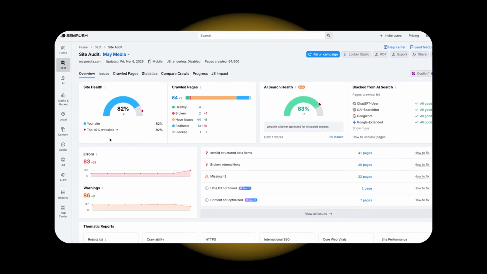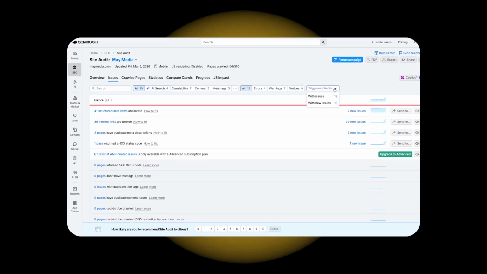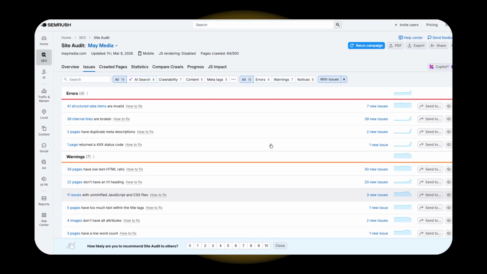SEMRush is one of the most powerful SEO tools on the market, but if you have ever run a site audit and seen 100+ errors staring back at you, it can feel overwhelming. Where do you even start? Which errors actually matter? Which ones can you ignore? Today, I am going to cut through the noise. I'm going to show you which SEMRush errors to prioritize, which ones to tackle first, and exactly how to fix